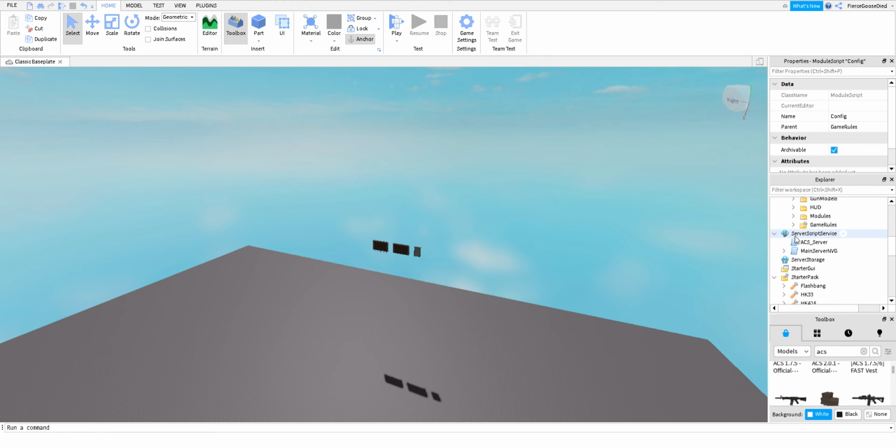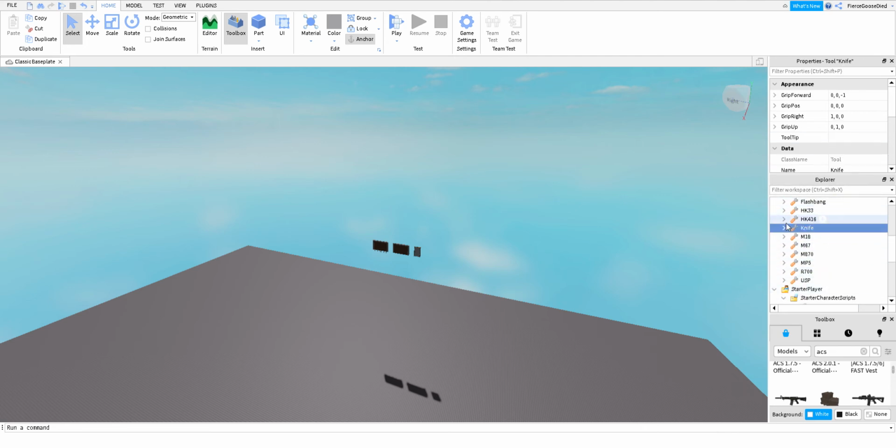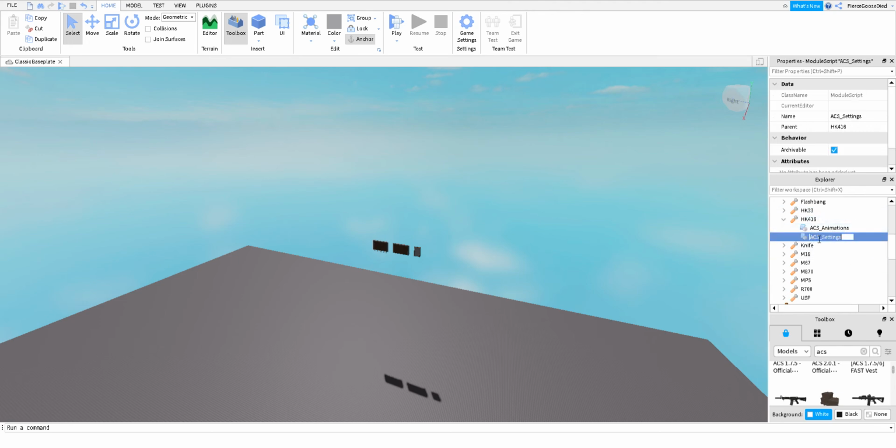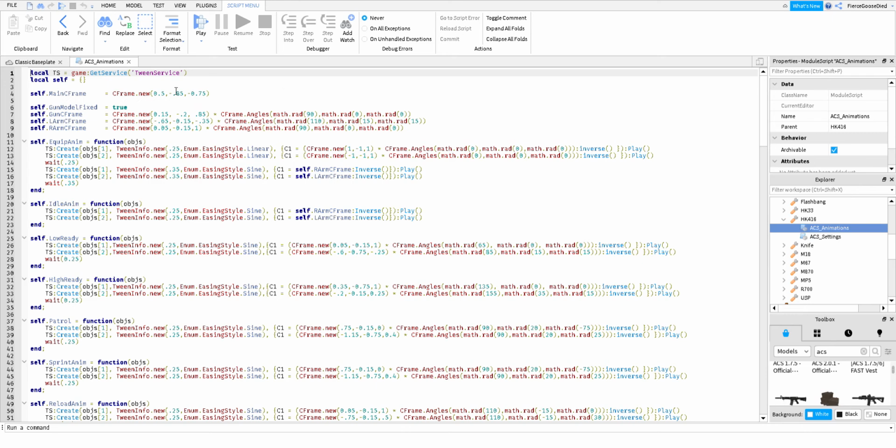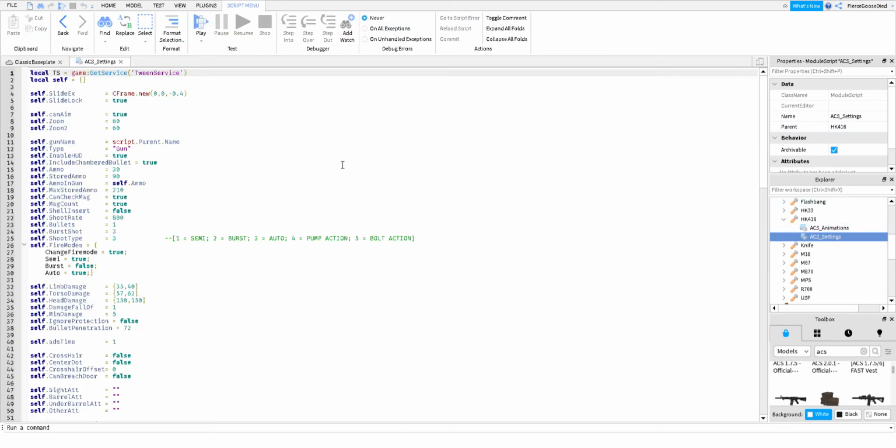Hey, speaking of configure, I'm going to show you how to configure the guns right now. Just easiest way. Okay, so we're just going to use this on knife. No, we don't need to use this on knife. This ACS settings, and you click on this. You don't need this. Don't look at this. Click on this ACS settings. It will show the